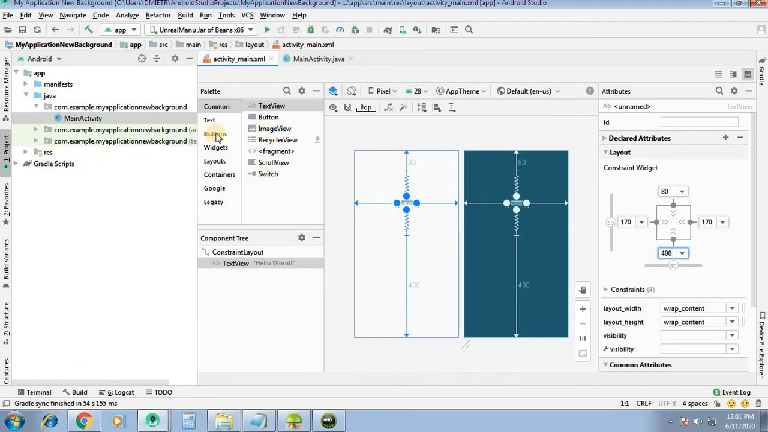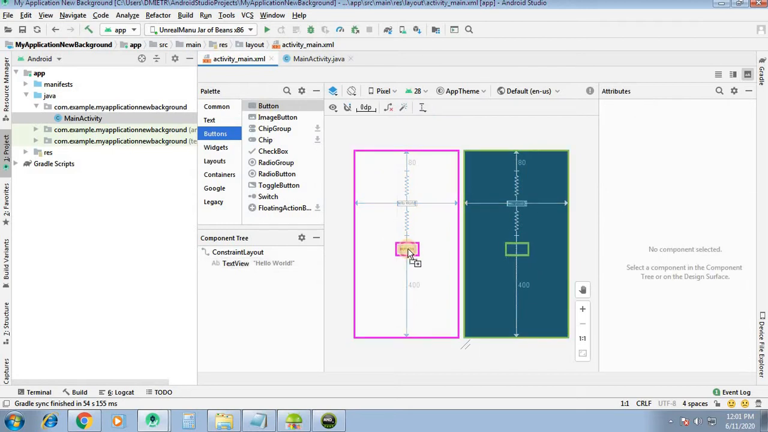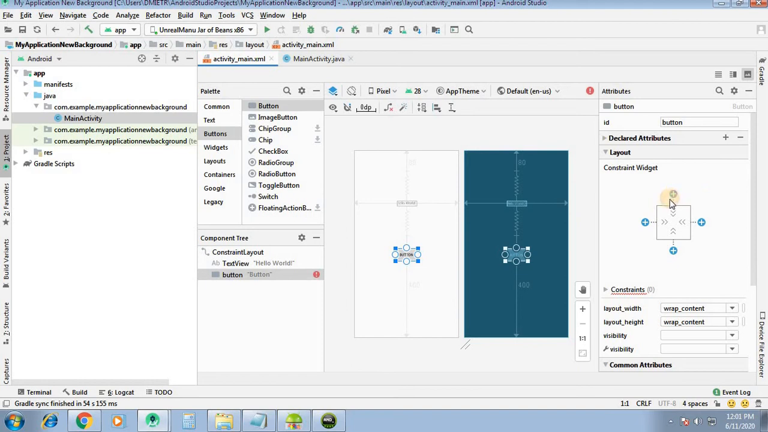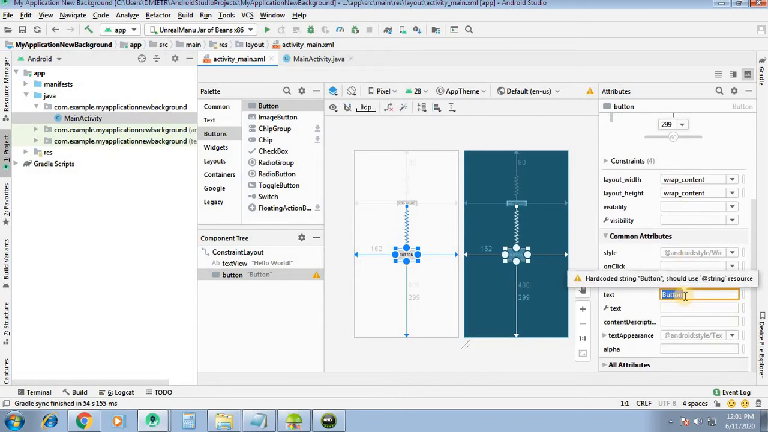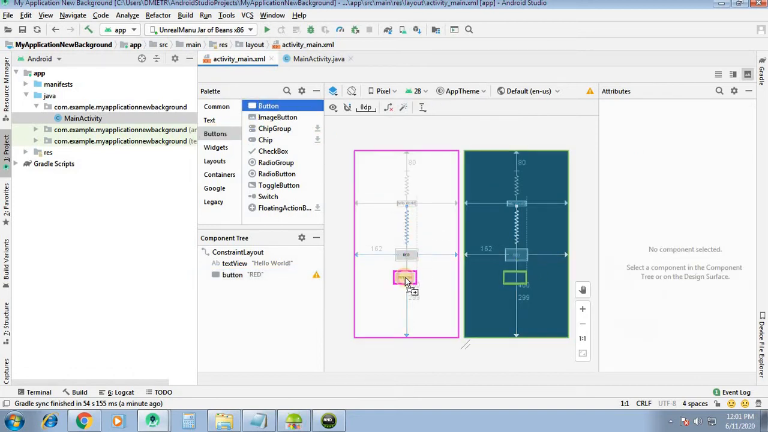Now how to add a button? Go to palette, buttons, select a simple button, drag and drop it. Okay, set the coordinates for this button and call it a red button. Okay, again from the palette select a button, drag it below that,